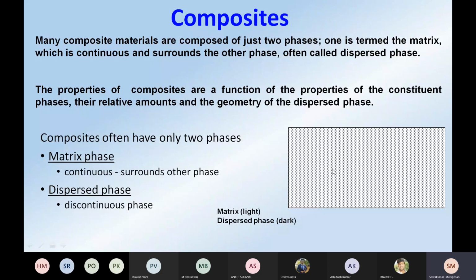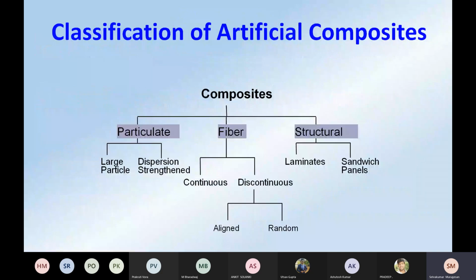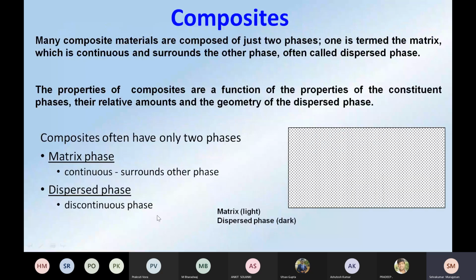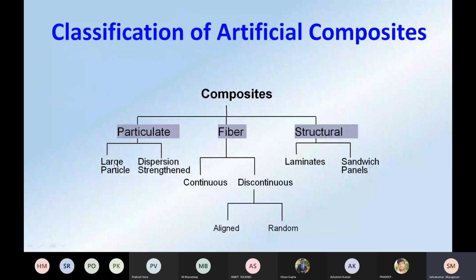So you have a composite structure, and based upon the dispersed phase, the discontinuous phase or the filler, it can be divided into three categories: particulate based composites, fiber reinforced composites, and structural composites. Particulate could be larger particle or dispersion strengthened particle based reinforced composites. And fiber, of course, we have continuous fibers and discontinuous fibers. Continuous fiber means like